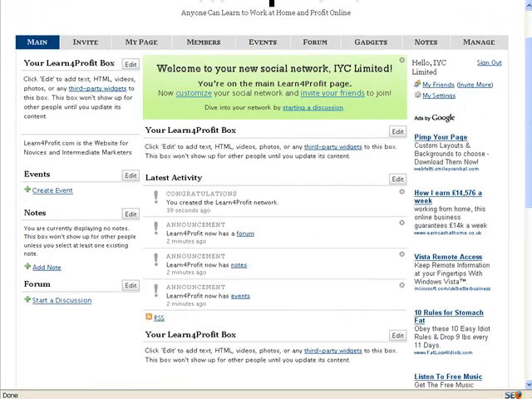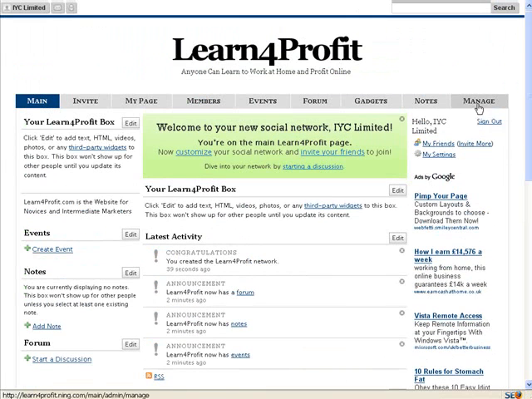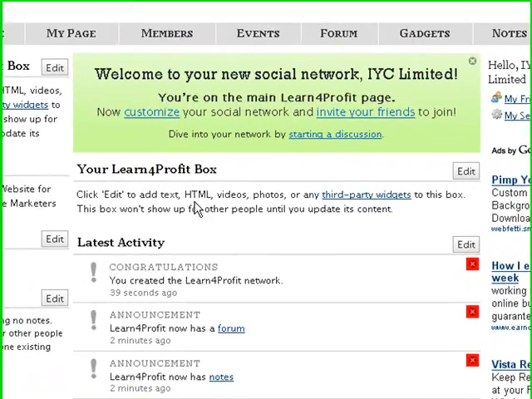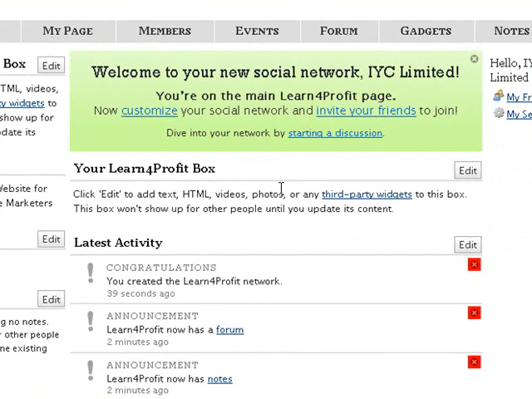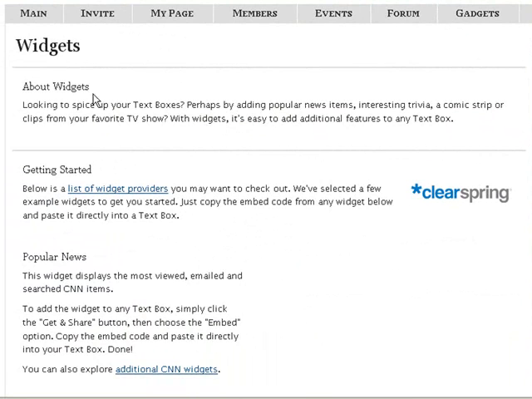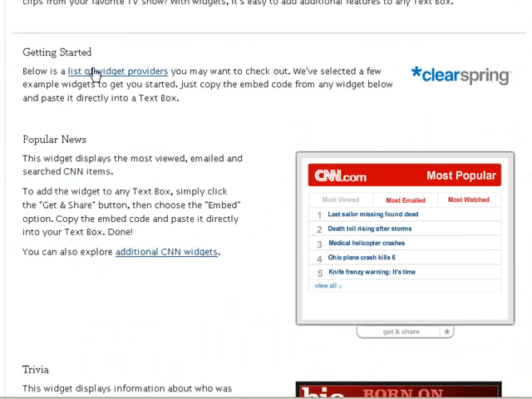You have ads down the side here, and then you can go through managing the actual process of the Ning network. In these text boxes here, you can just edit the text or the HTML. You can put videos or photos. You've even got third-party widgets if you click this, where there's third-party providers that you could place in your Ning